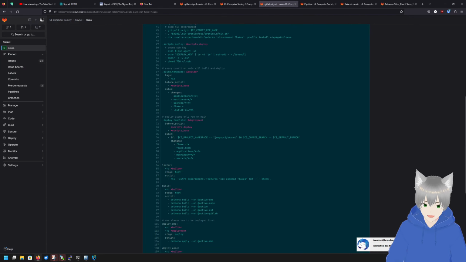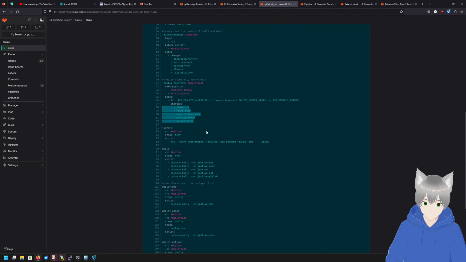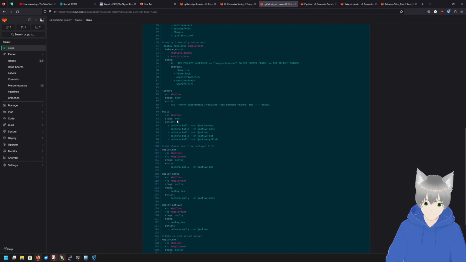So this only runs on the Skynet repo in the main branch. That's what this rule is for. And of course, if these files change, I actually need to fix that up because there's actually one more thing to add to that.